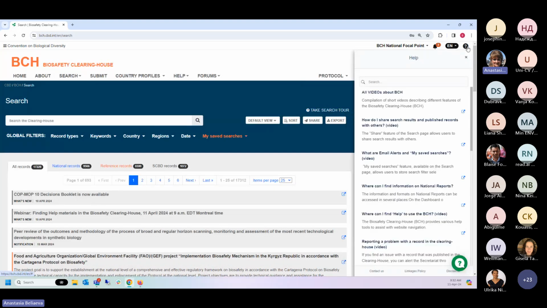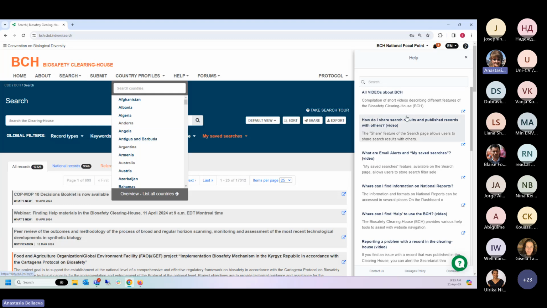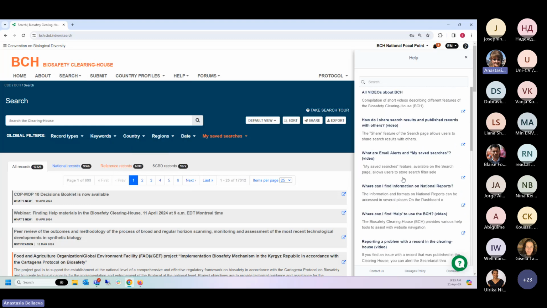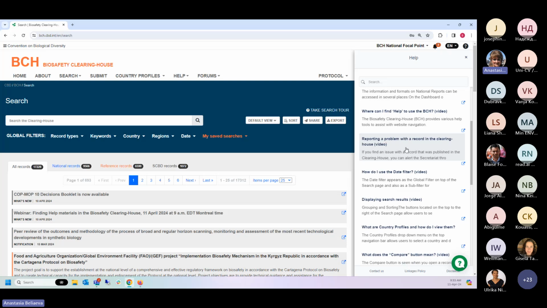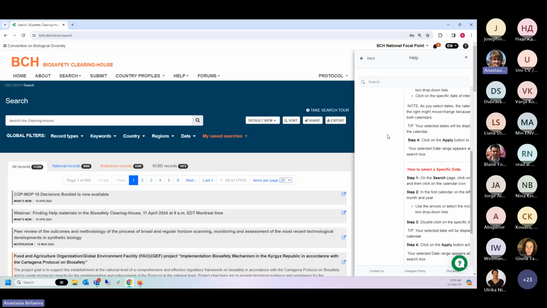Once I click on the question mark, this pane appears on the right side. This pane, this section, contains all help articles that can also be found in the knowledge base. They're the same articles, but here you will see articles that pertain to the page you're on, that will help you perform actions associated with the page you're on, in this case, search. So they all appear here, and you can open them by simply clicking on the article like this.